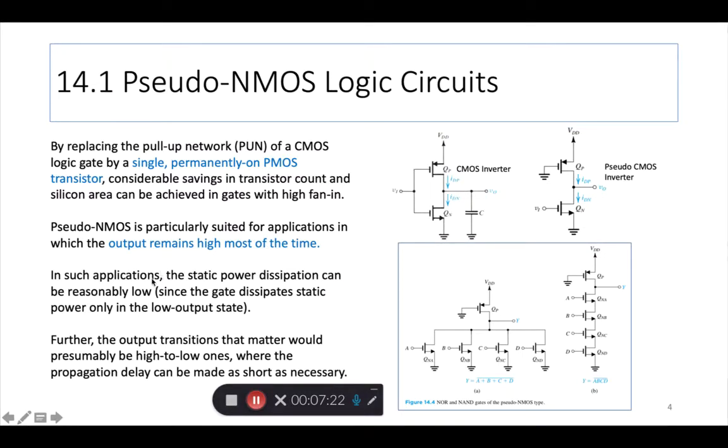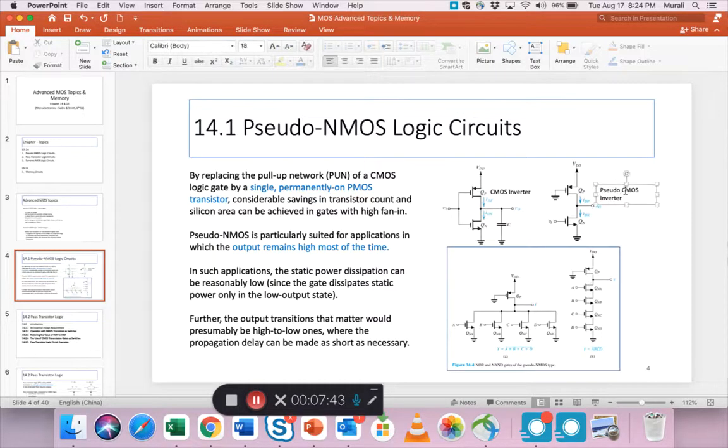In such applications, all 4 of them, none of them will ever be on, so the output is always high. Then in such applications, pseudo NMOS, actually this is pseudo NMOS, not CMOS. That's what I should write. Okay, so